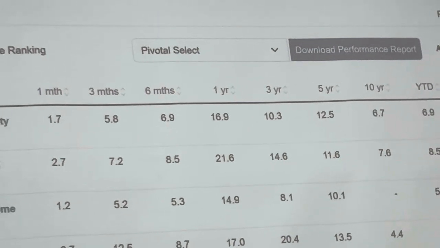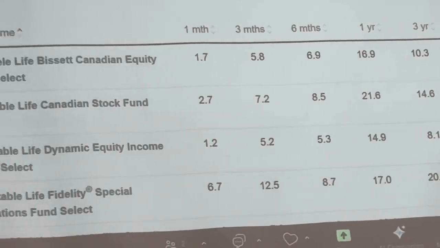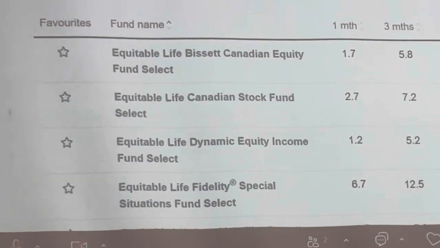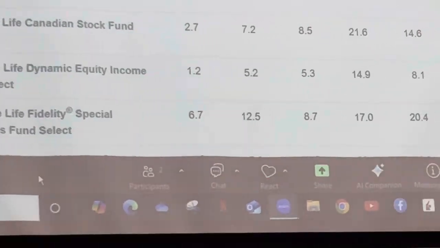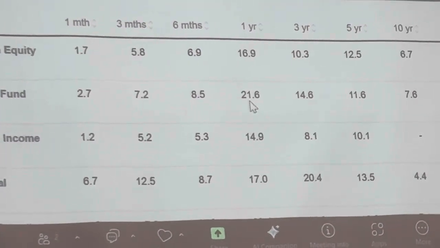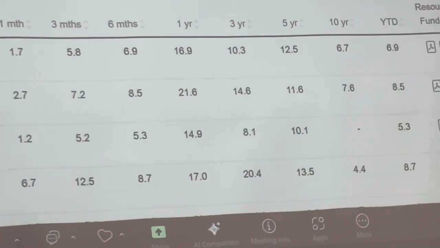I like this one. Equitable Life Canadian Stock Fund. Because last 10 years, the average is 7.6. That's not bad. 5 years, 11.6. 3 years, 14.6. Look at 1 year, 21. And this is as of June 30th. Even after the tariff,